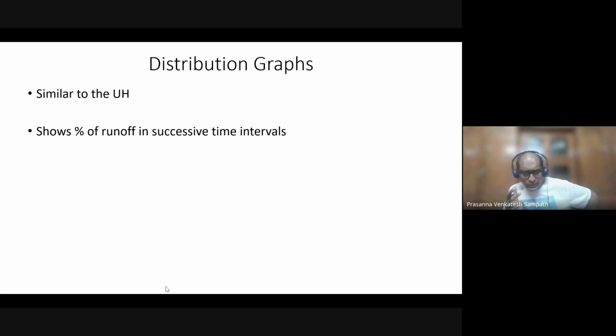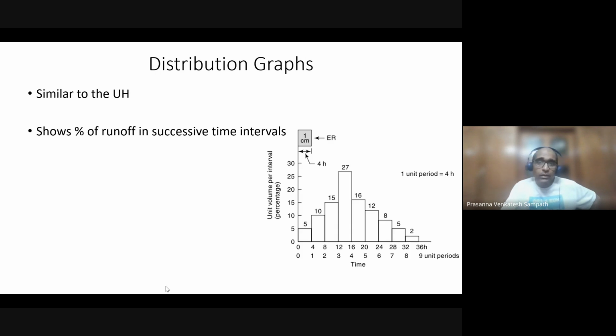So, for example, in the unit hydrograph, you will say, let us say, at time t equal to 0, the unit hydrograph is 0 cubic meters per second. At 2 hours, it is 5 cubic meters per second. At 4 hours, it is 8 cubic meters per second. At 6 hours, it is some other number, and so on, right? Instead of that, the distribution graph will simply give you the percentage of runoff that happened in every successive time